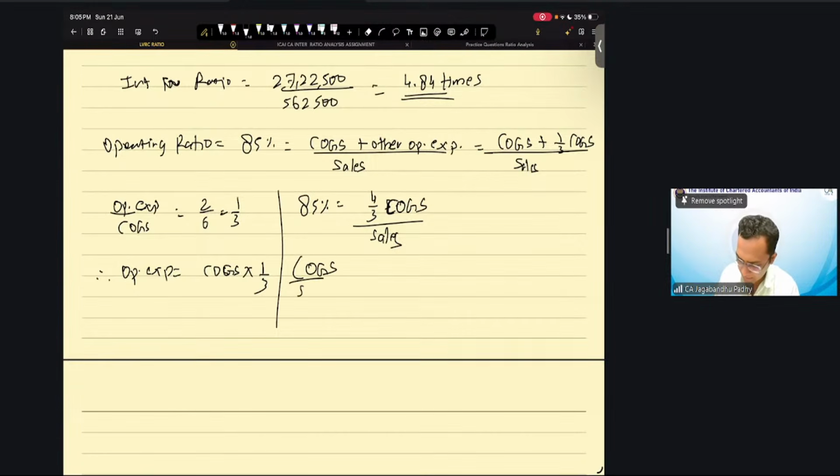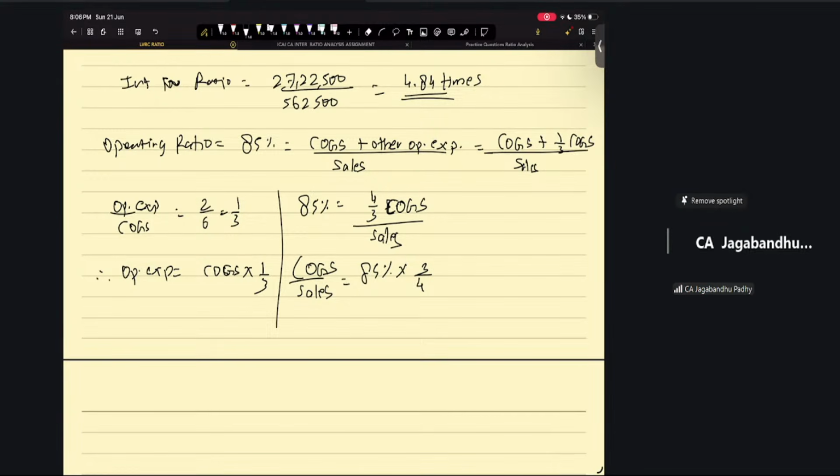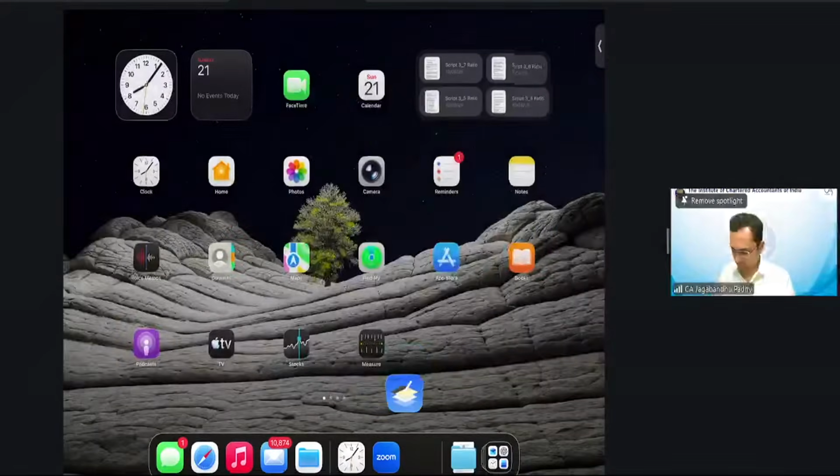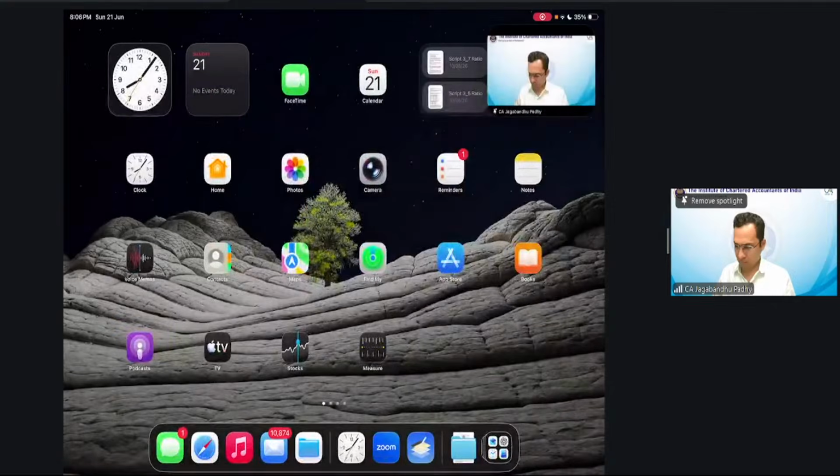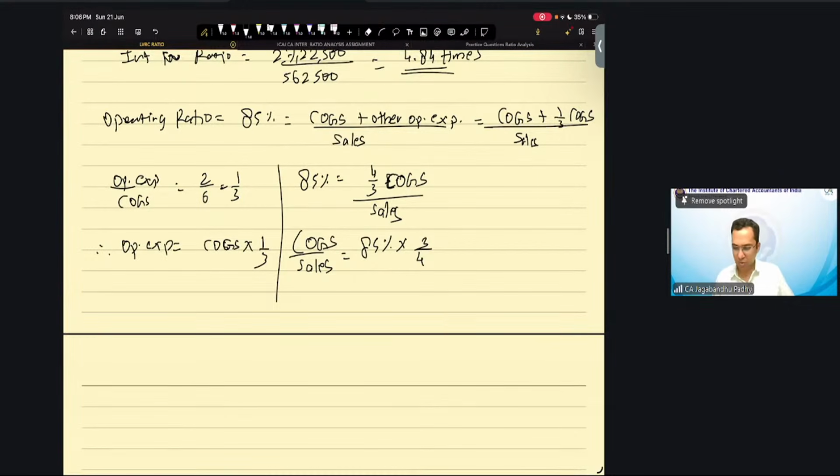But of course, yes, we can say COGS by sales is 85% into 3/4. So 85 into 3/4, which is